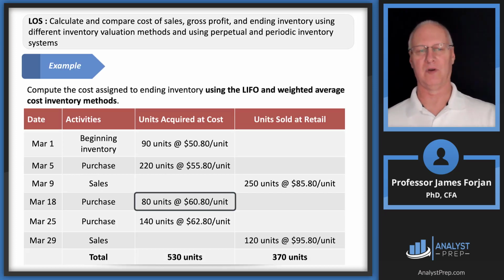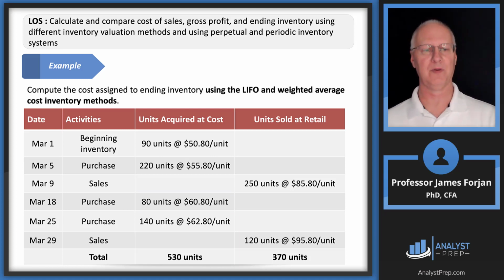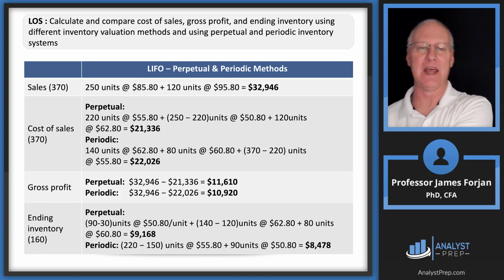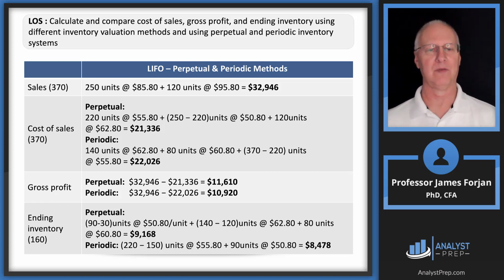So we sold the March 25th purchases and the March 18th purchases. To get up to our total of 370, we have to go back to our March 5th purchases. So that's where we have the 370 total minus those 220. So that's 150 at that $55.80. See what we did under the periodic: we skip to the end, and then we look backwards. And so that gives us a total of